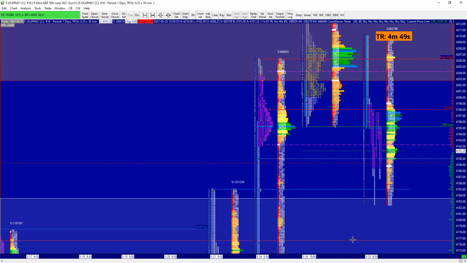So here is Raku. Thanks for reminding me about this question. What do you think about the statement that high probability trades tend to occur later in the day in market profile? Well, personally, Raku, I prefer trades that are done at least 1 hour after the market open, right? The first hour of the market open, in my opinion,